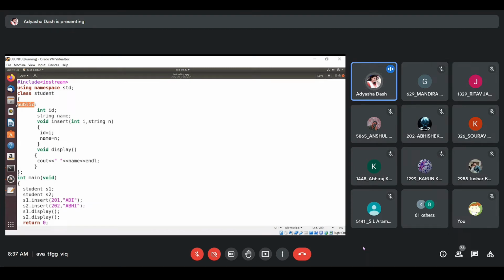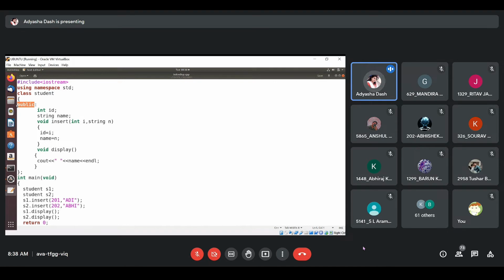So how we can provide the accessibility to them, and how we can set some restriction on the class member so that they cannot be directly accessed outside the function. We will see how we can access it inside the class, and if you want to access it from outside the class, then what operator you have to use. I will show you that. So just understand,